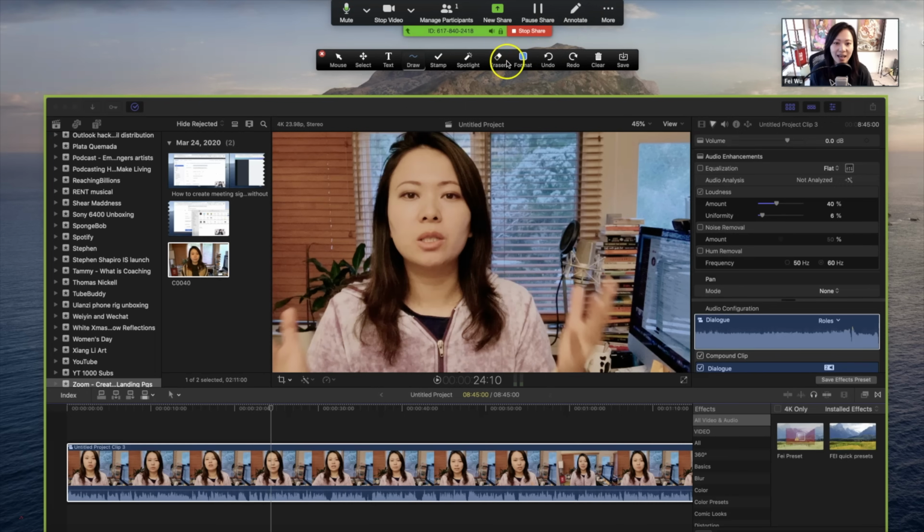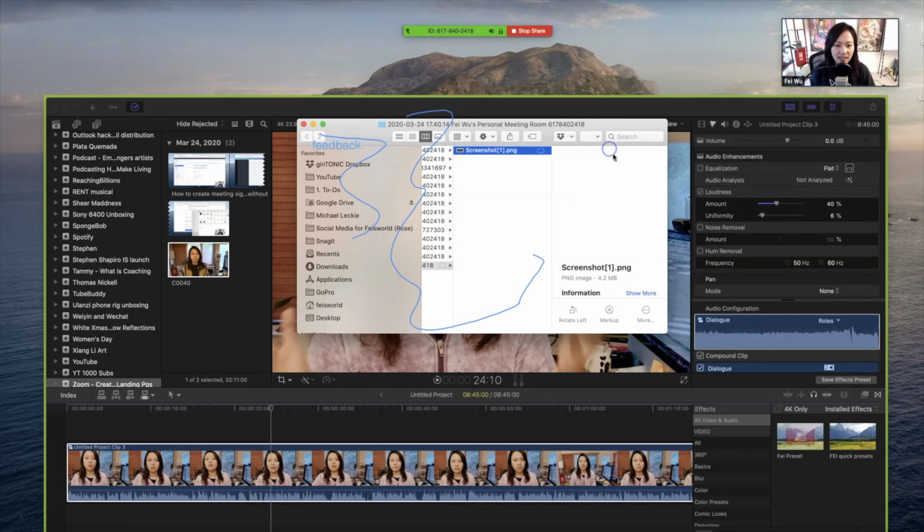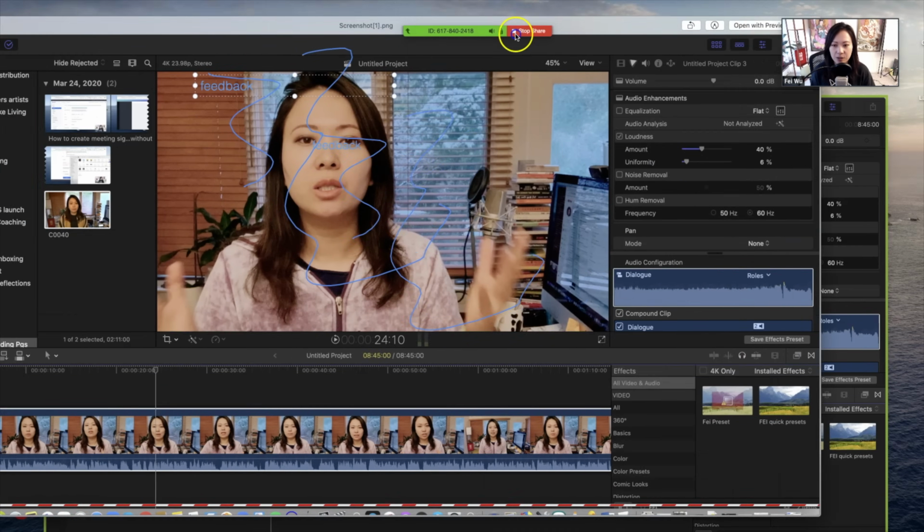Now let's take a look at annotation. I never use annotation here on the screen, but you're able to. You can type and give feedback and change the text color if you're looking at a particular screen. This is all part of the recording. If you're currently recording the video, you can actually save it and select the file. Now this is also saved.